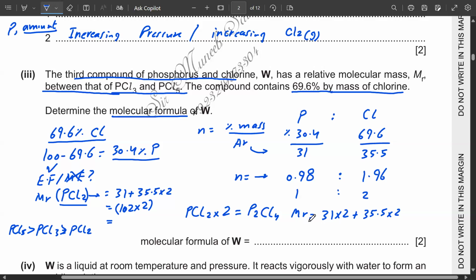So I have 133, which is the mass. Wait, not with 2, it should be multiplied by 4. 35.5 times 4, 204. Okay. Now, if I check for PCl3,